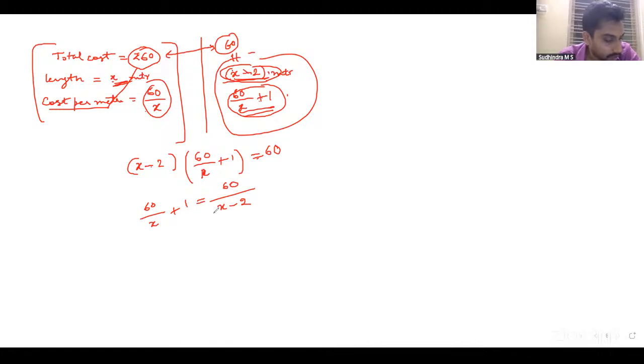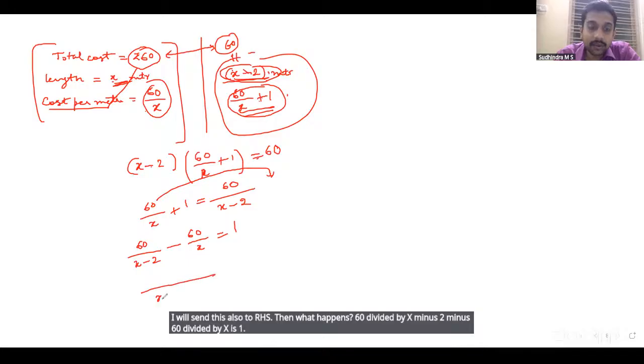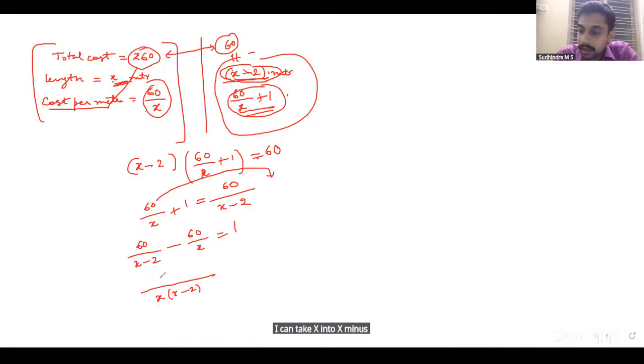60 divided by X minus 2. Now, how do I further simplify this? I will send this also to RHS. Then what happens? 60 divided by X minus 2 minus 60 divided by X is 1. I can take X into X minus 2 as LCM. I get 60X minus 60 into X minus 2